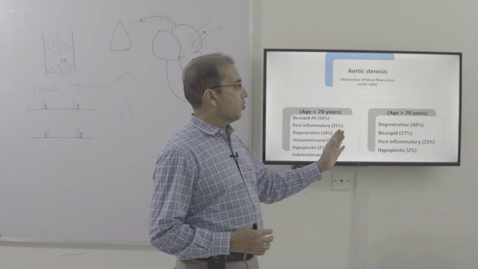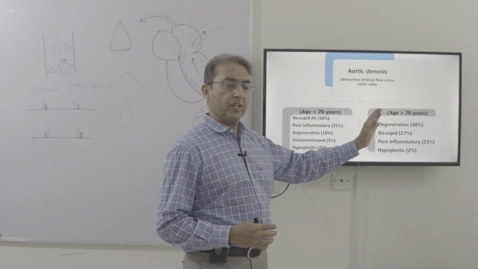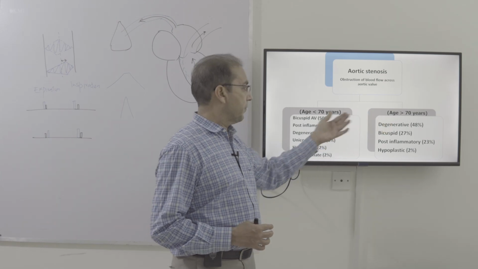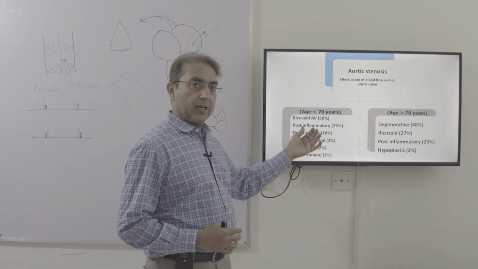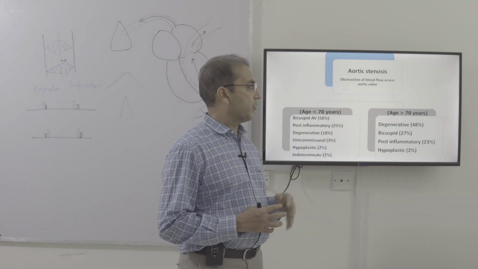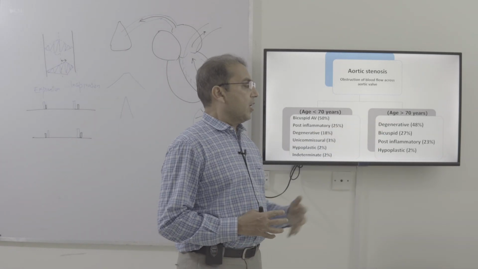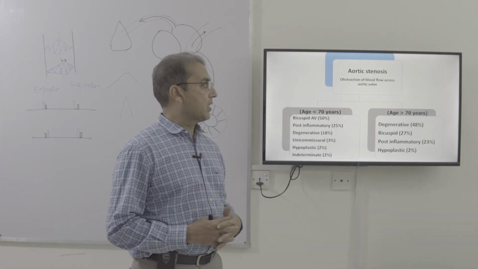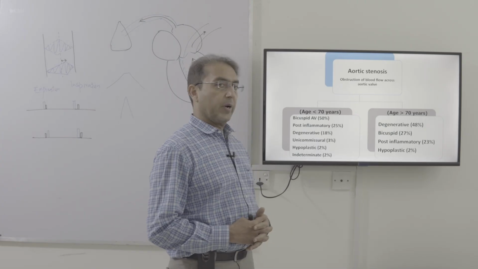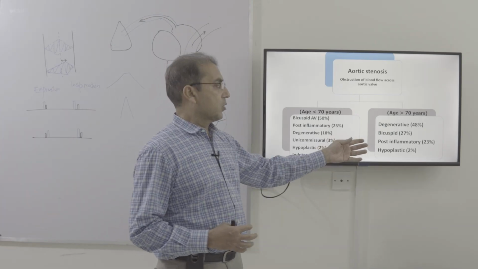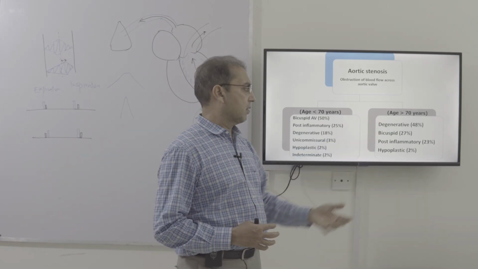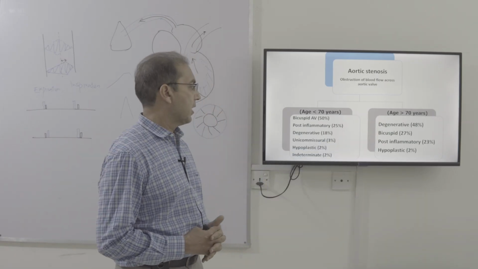And similarly, if we go for the patients who are beyond the age of 70 years, we see more patients are suffering from degenerative disorders. So younger patients are suffering from congenital type of disorders, while the older patients are suffering from degenerative type of disorders. So 48% of the patient above the age of 70 years have degenerative aortic stenosis. Then 27% have bicuspid stenosis, and another 23% have post-inflammatory aortic stenosis,